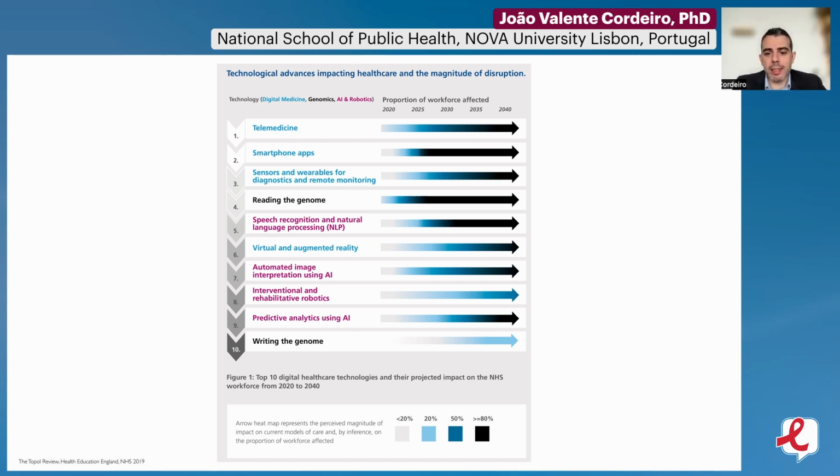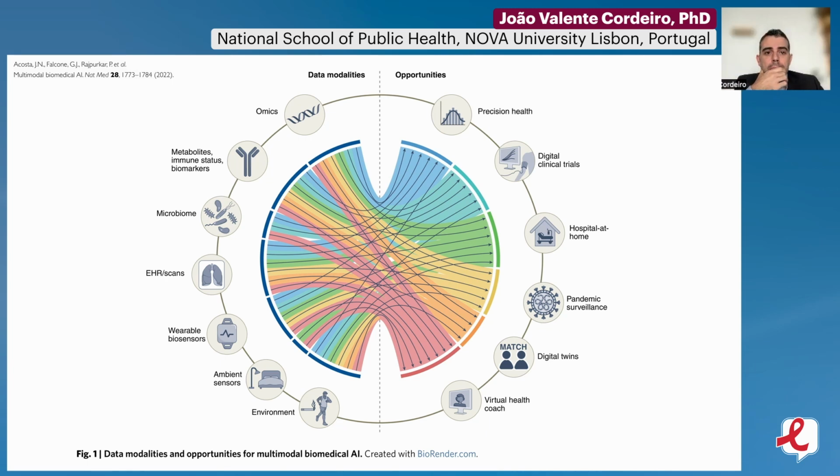Of course, this is connected with our increasing capacity to analyze and share and learn from different types of data, be it data that ranges from different omics, but also coming from electronic health records, or the so-called patient-generated data, or even data that originates from different sensors that capture the environment and can then be used in different contexts and for different opportunities in the health sector, including making health interventions more precise, delivering healthcare